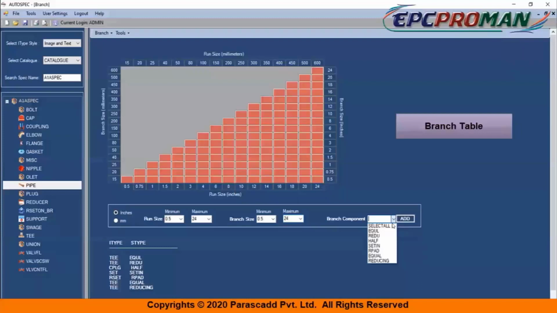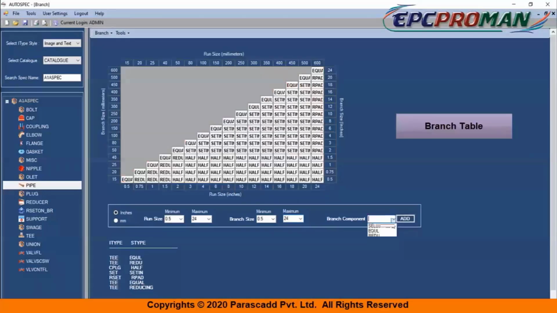As you can see over here, all these traditional branch components like equal tee, reducer, branch, setting, repad, reducing component, are already built in our software as the data of branch table we have already fed. So all you need to do is select a particular branch component that you need, or select all from them and simply click on the add button.